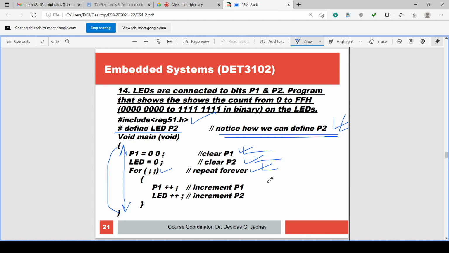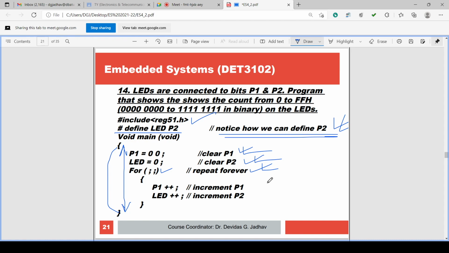What we have done is, there are two ports P1 and P2. LEDs are connected to the bits of P1 and P2. We can define port P1 as well as P2. Here we have defined P2: hash define LED P2. So instead of P2 we can use the variable name LED.